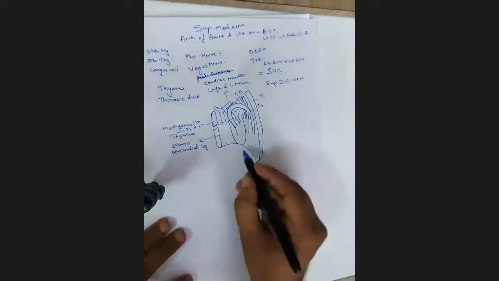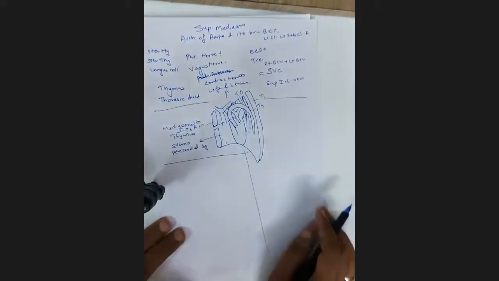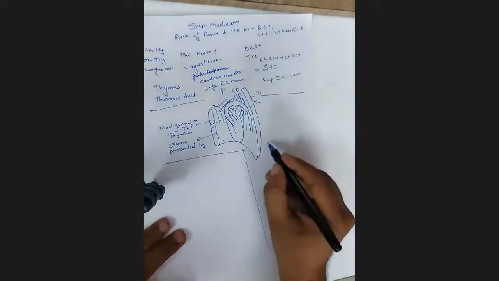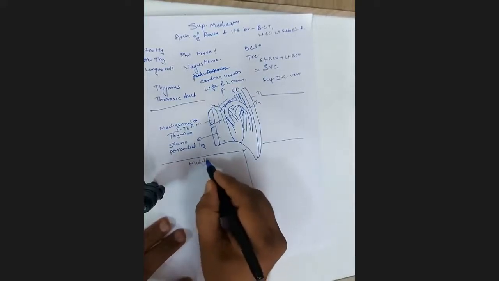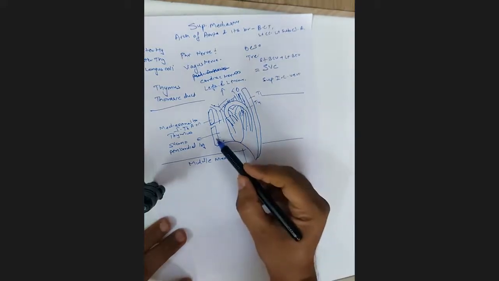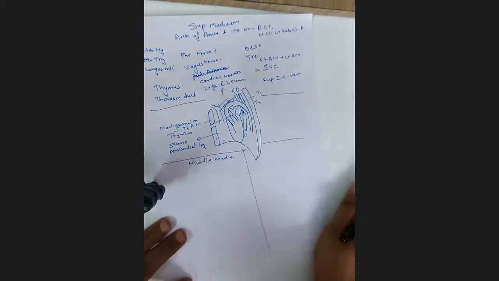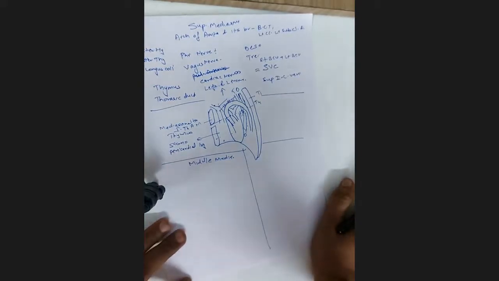Now, two more important mediastina we have to consider, and in one page I'm going to cover all this. Let's talk about the middle mediastinum. It is mainly occupied by the pericardium and its contents, and anteriorly is almost the sternum. Posteriorly is the esophagus. This esophagus is considered the anterior-most structure in the posterior mediastinum. So it is bounded by the esophagus, descending aorta and azygos vein. On each side is the mediastinal pleura.